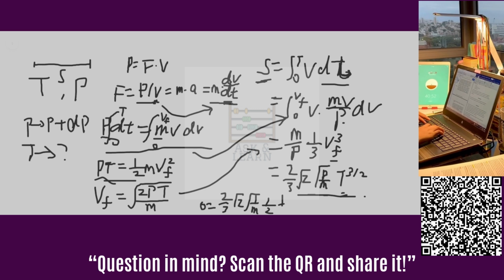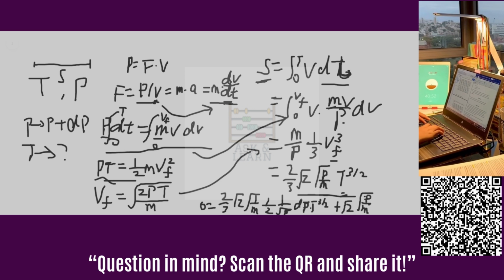We will see that this is equal to 2/3 square root 2 times square root 1/m times 1/2 times 1 over square root P, so this is dP, times t with power 3/2